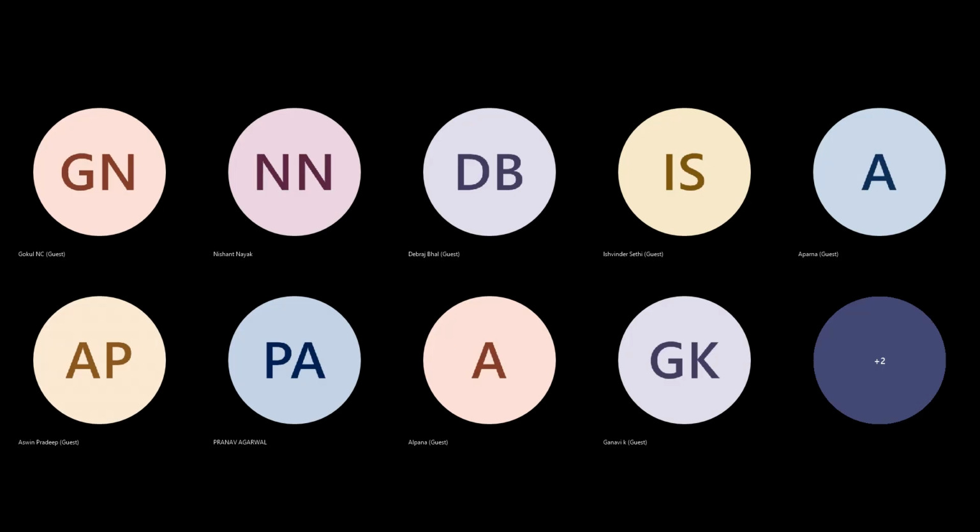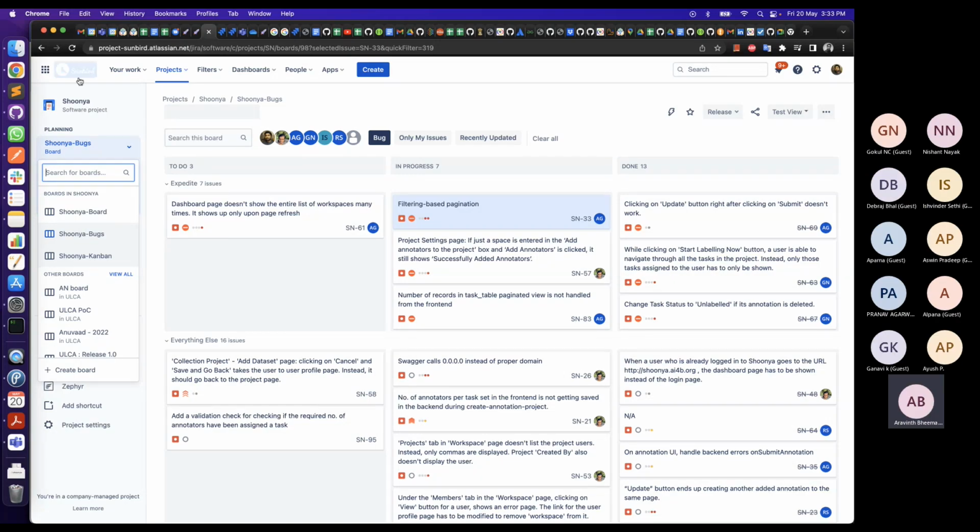So I think by this time all of you might have already accepted the invitation and are able to see this view. So basically, at a high level, Jira is a platform where you can track all your tasks or issues or even bugs, right? There's a slight difference with respect to each of these nomenclatures. So if you just Google around